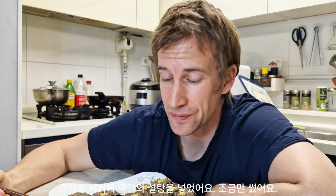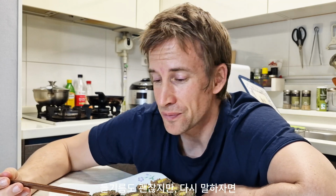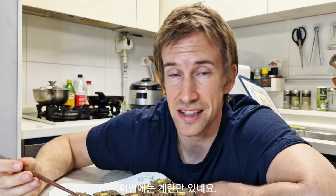I could put a little bit more soy sauce and some sugar in there. I used a little bit. I was worried that they'd be too messy or too wet, but I think I could definitely get away with putting a little bit more. The dulgireum's good, but once again, the flavor is just not enough with that noodle. Usually when you have kimbap, you've got other ingredients inside. In this case, I just have the egg, so it could use a little bit more salt